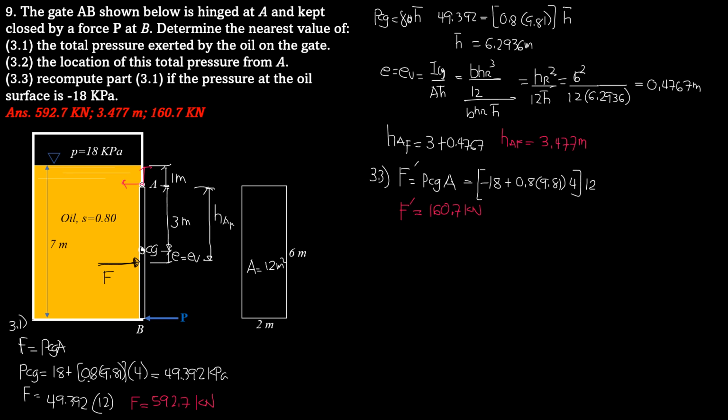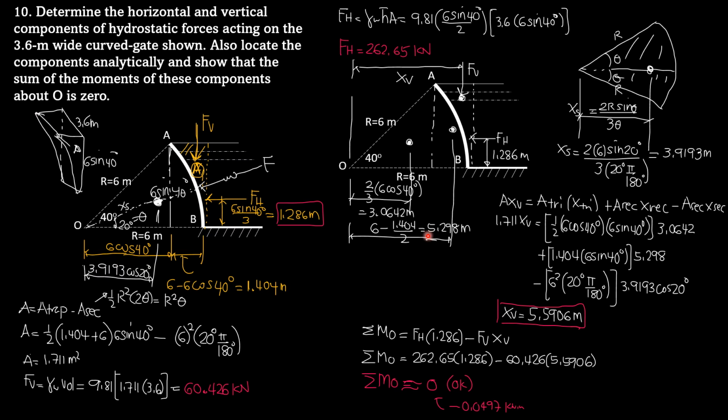Then lastly, determine the horizontal and vertical components of hydrostatic forces acting on the 3.6 meter wide curved gate shown. The curve is circular. Also locate the components analytically and show that the sum of the moments of these components about O, which is the center of this circular arc, is 0. So by principle, it should be 0 because the moment of F passes through there. But we have to locate